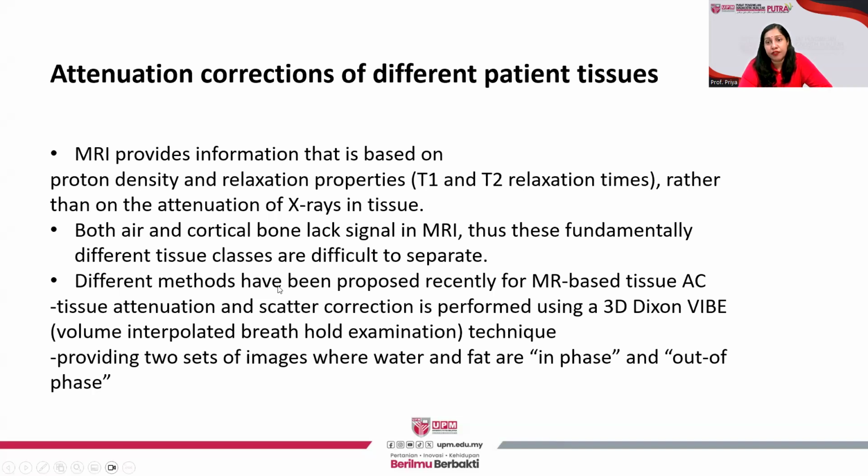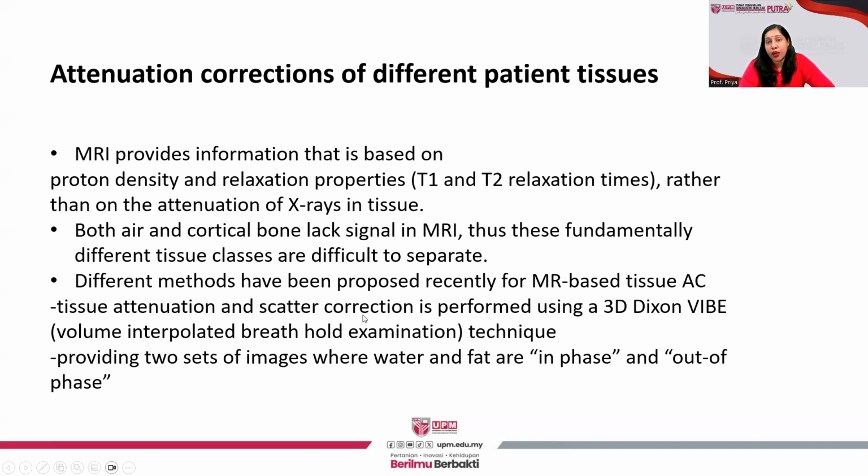MR provides information which is based on the proton density and the relaxation properties in T1 and T2 relaxation times, rather than attenuation of the X-rays by tissues, which occurs in PET-CT imaging. So both air and cortical bone, which lack the MR signal, are fundamentally different tissue classes that are difficult to separate. Different methods have been proposed to recently improve the MR-based tissue attenuation correction, such as tissue attenuation and